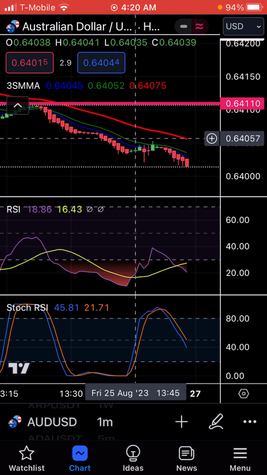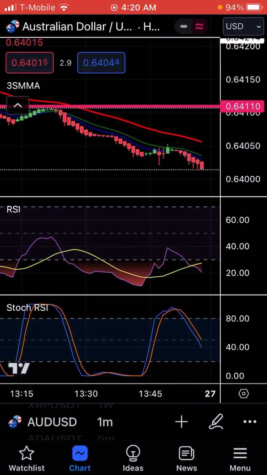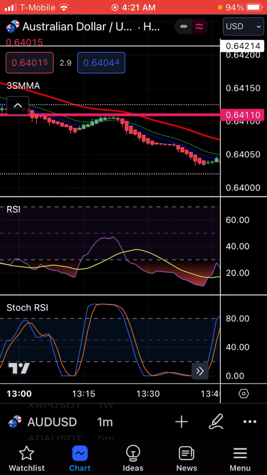Basically, what we can see here from the Australian dollar, because we drew the lines, we drew the Fibonacci on the hour, and now we've zoomed in on the minute. So if this was active right now, if the market was open right now, you would see these candles jumping pretty quickly. So what you want to look for here,